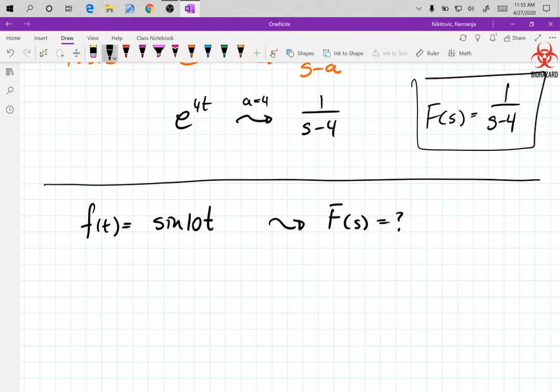Now, obviously, if you have sine of 10t, the answer is 10 over s squared plus 100, right? That's clearly the answer. Why? Because you look at the table and you are done in 2 seconds. But we just want to do one of the calculations because this is a math course, and you are supposed to know in the math course how to compute